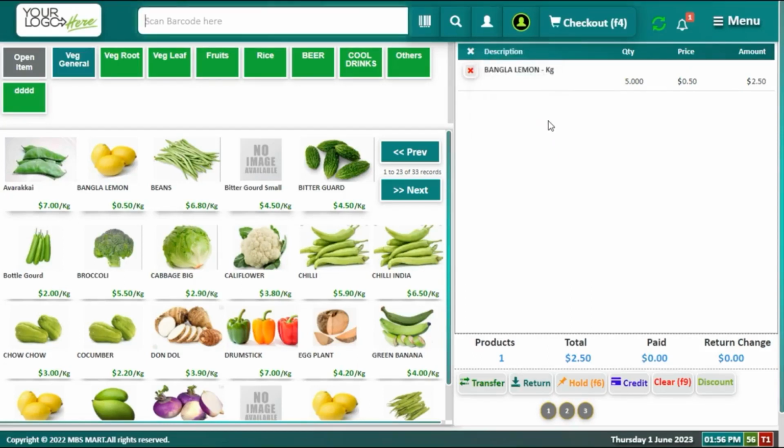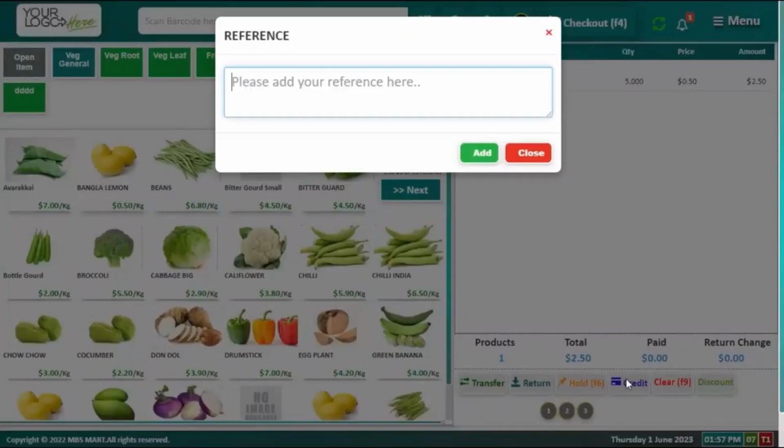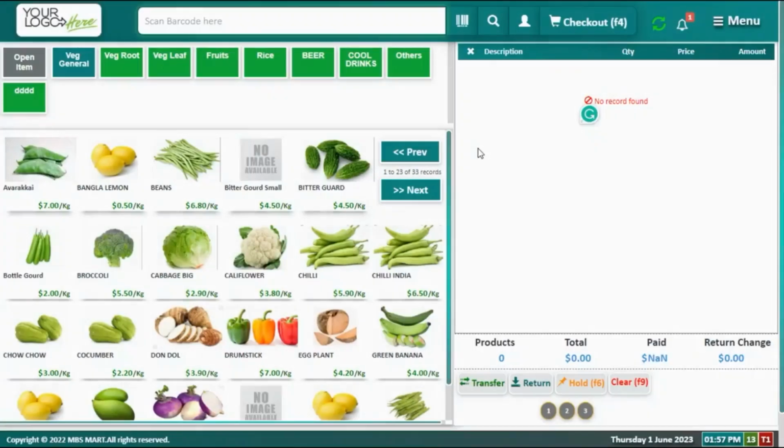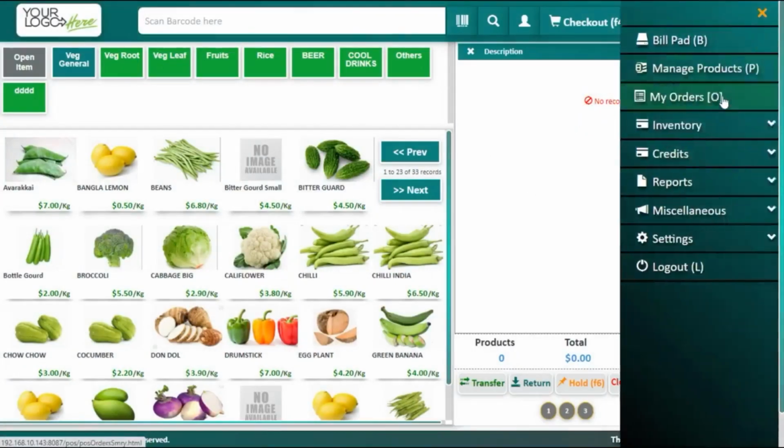Now if you want to create a credit order, which means you get the payment after a few days, that means you can also place the order as a credit order. You click credit, then it will go into this